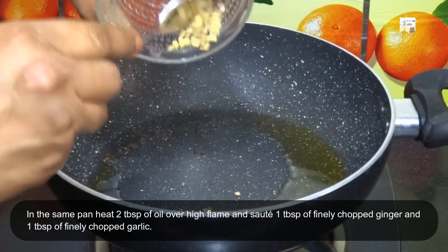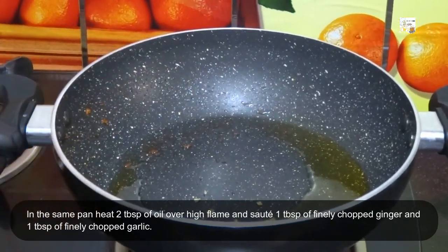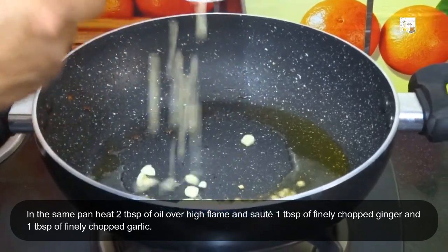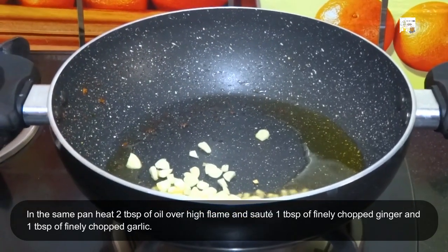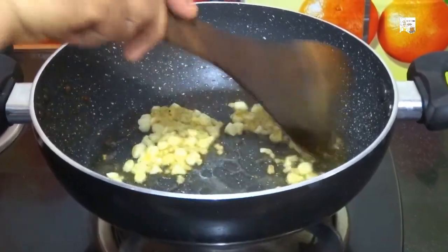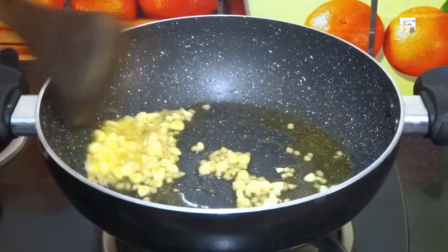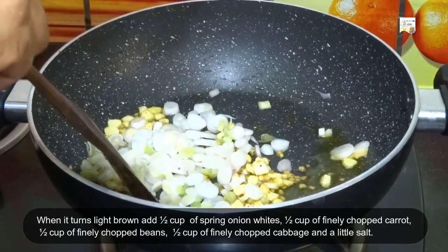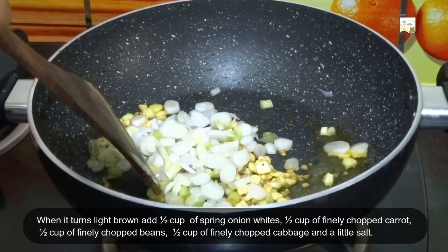In the same pan, heat 2 tablespoons of oil over high flame and saute 1 tablespoon of finely chopped ginger and 1 tablespoon of finely chopped garlic. When it turns light brown, add half a cup of finely chopped spring onion whites, half a cup of finely chopped carrot,